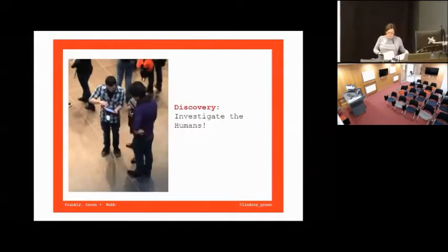So the first thing we did was investigate the people, and we did a bunch of things. We talked to the museum team itself. We talked to everybody. It's quite a small team, but still we talked to a lot of people. So we talked to finance. What did the business model have to look at? We talked to the front of house staff. We talked to the education team. We talked to the security team,